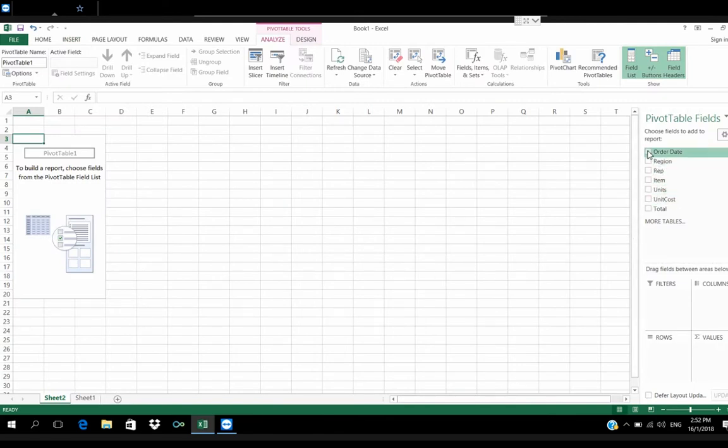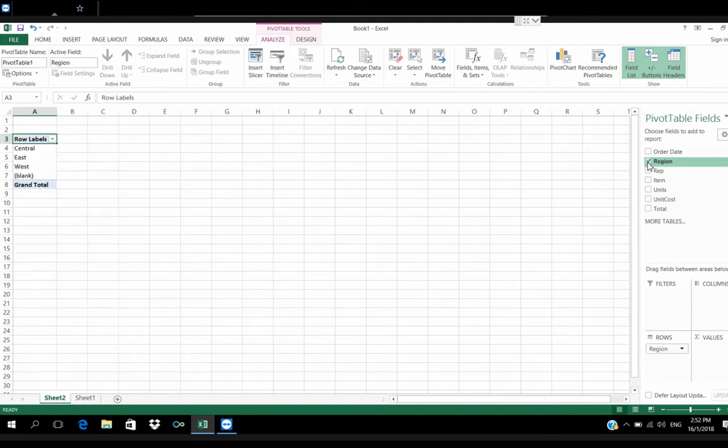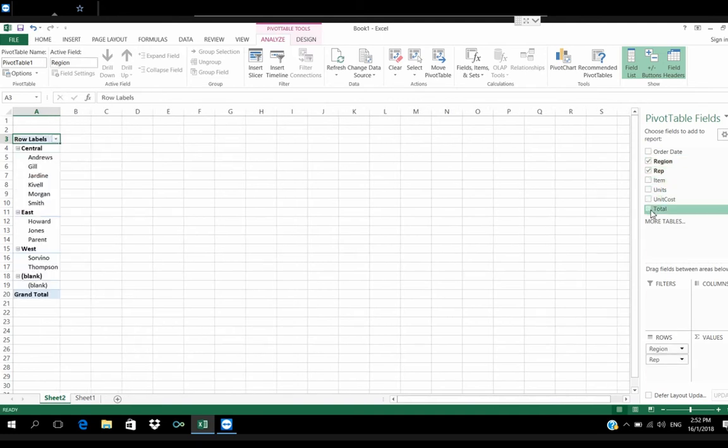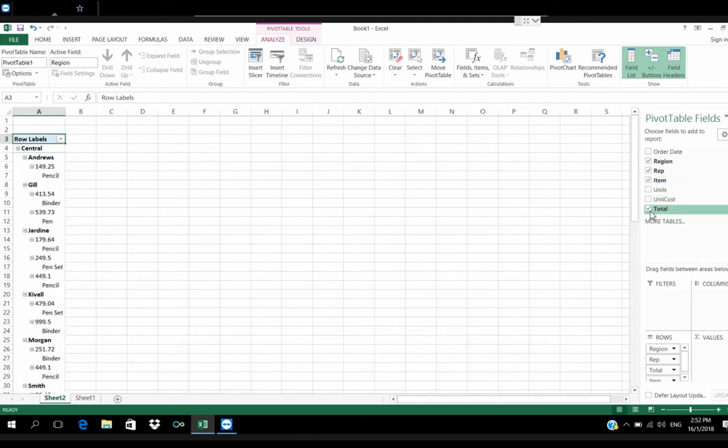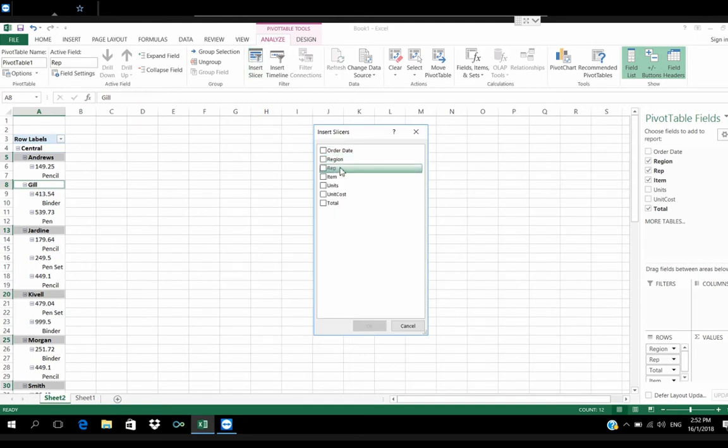You can select the fields region, representative, and the total item, and in this data you can insert a slicer with the same selection as the table: order, region, representative, item, unit cost, and total. So I'm not going to expand on the pivot table.